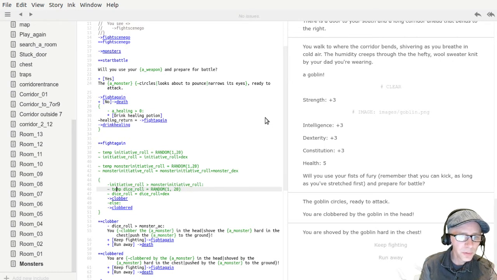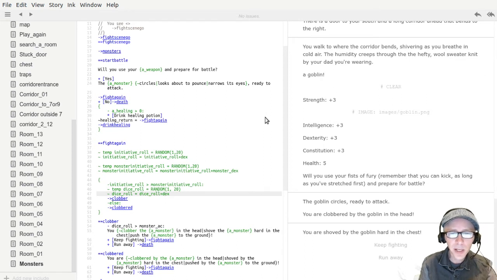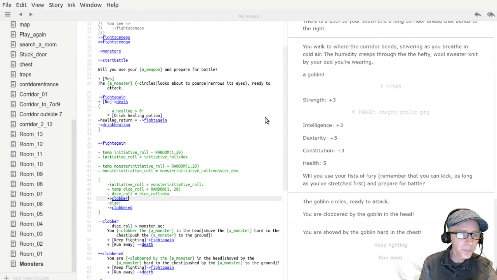create a temporary variable called dice roll again, and randomize it between 1 and 20. So you're rolling a 20-sided dice, and the dice roll is going to equal whatever you've rolled plus your dexterity. So again, if a goblin has a +3 on dexterity, and the goblin rolled a 3, then the goblin would get 6. And so the dice roll equals dice roll plus dex. So if your initiative roll is greater than the monster initiative roll,